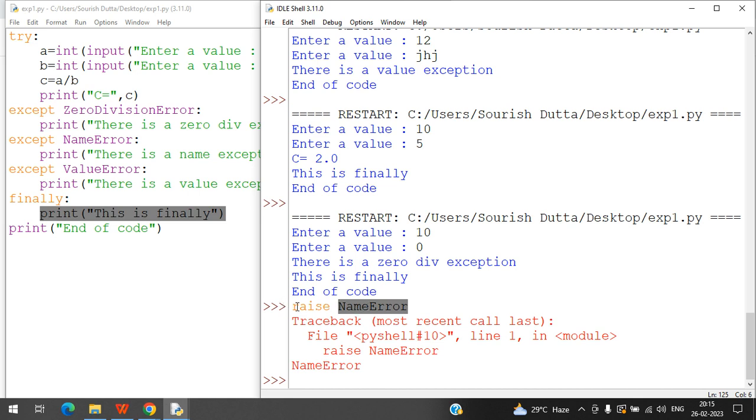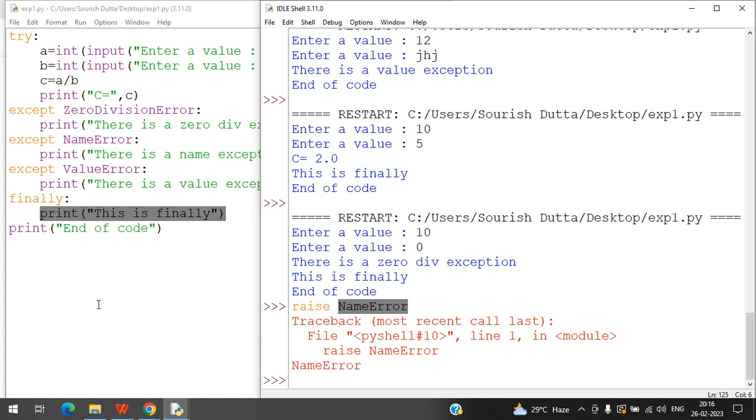Although we have used it with no context, it is identified as soon as we put this name. This is an exception class, and we attach this exception class with raise, so the system will understand that an exception occurred. You cannot use any kind of class with this raise keyword. You can use only the class which is identified by the system as an exception class, that means a class which comes under the hierarchy of the exception class. That can be used with raise. Anyway, we will do it, but before that,